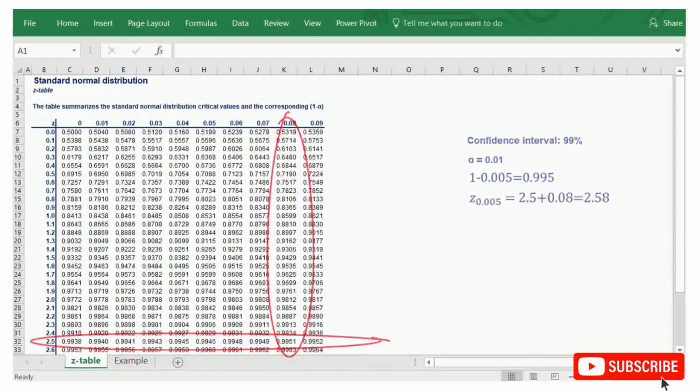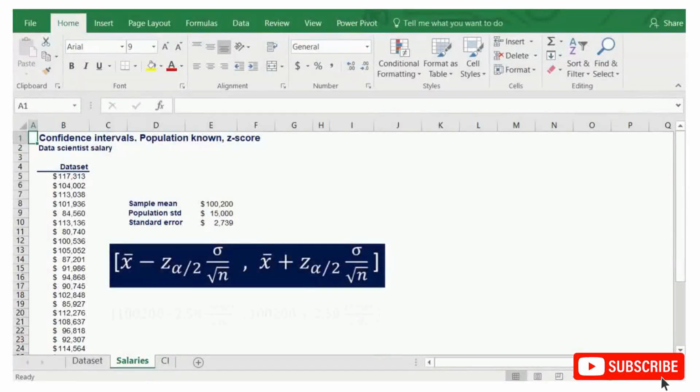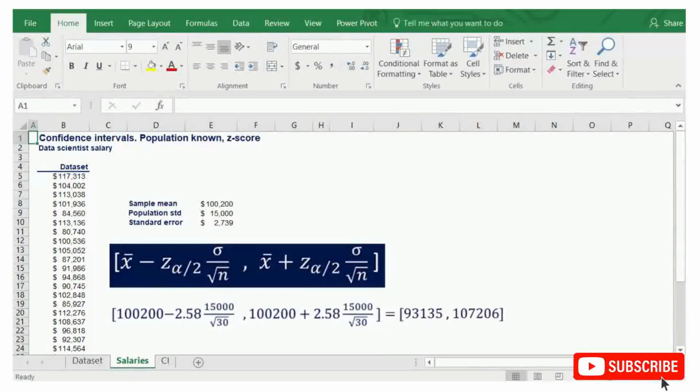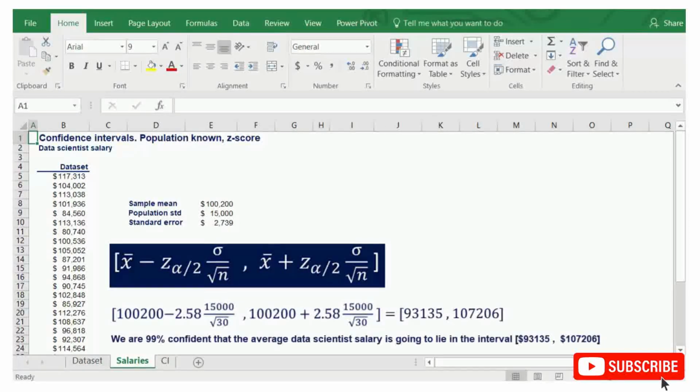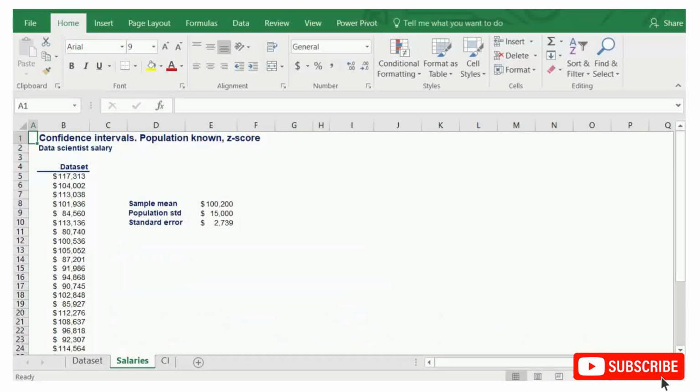We plug it into our formula once more, and the new confidence interval is equal to $93,135 and $107,206. This means that we are 99% confident that the average data scientist salary is going to lie in the interval between $93,135 and $107,206. Please note that in this case, there is a trade-off between the level of confidence we chose and the